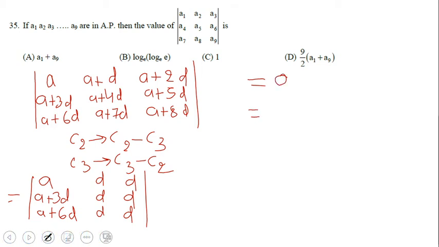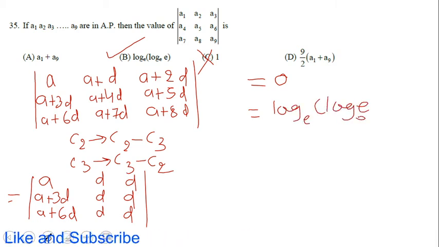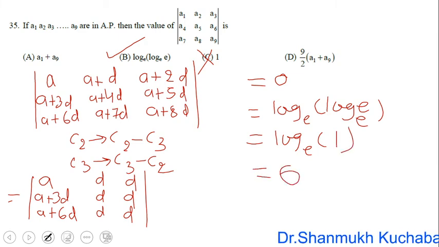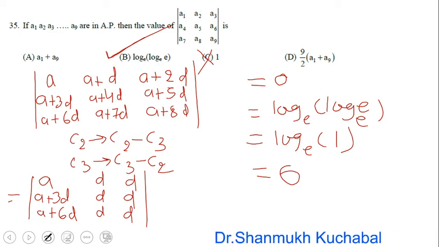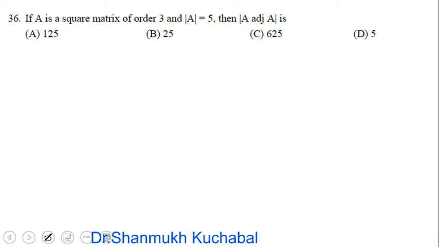Further, we have to search for the option 0. It is not there. Here also option C is wrong, it is equal to 1. Therefore, we will analyze option B here. So it is log e to the base e. So log e to the base e is 1 here, and log of 1 is 0 here. Therefore option B is the right answer here. So like this we have to simplify here. Okay, we'll move to our next example.